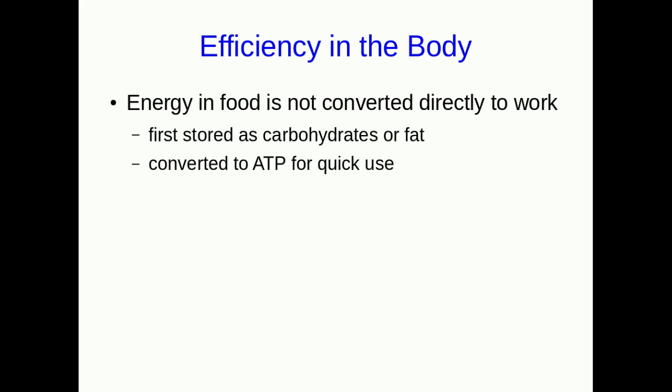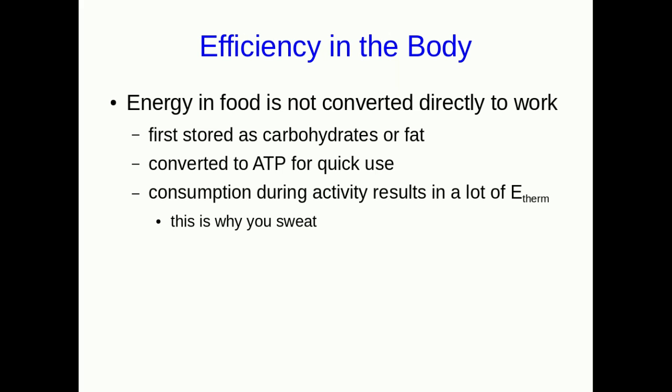So at any time, your body is often in the process of converting some carbohydrates to ATP. And then when you're actually doing something, you're consuming that ATP during an activity, it results in a lot of thermal energy. That's why you sweat. There's inefficiency in these chemical processes, and so there's a lot of thermal energy as well as the work that